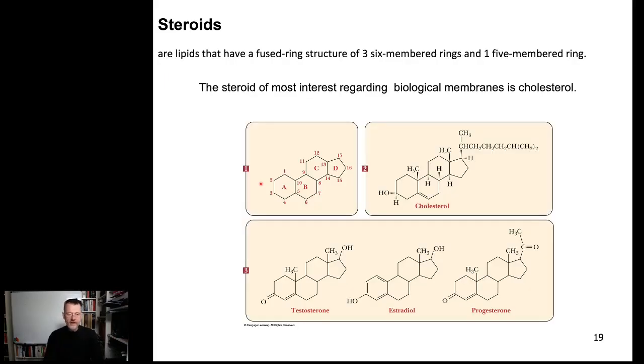Let's talk about steroids. And actually, it should be called Let's Talk About Steroids for the First Time, because they will return again. Once again, these steroids are also considered to be lipids. They're also part of the cell membrane. I will tell you something about that in the next video session. And the important thing about the steroids is they all have the same fundamental structure. This system of three six-membered rings and one five-membered ring, which are fused so that